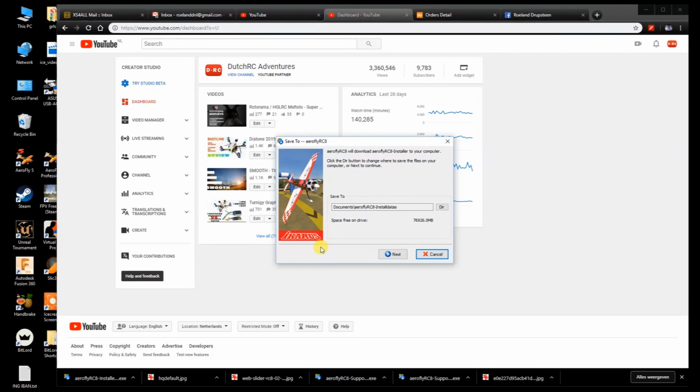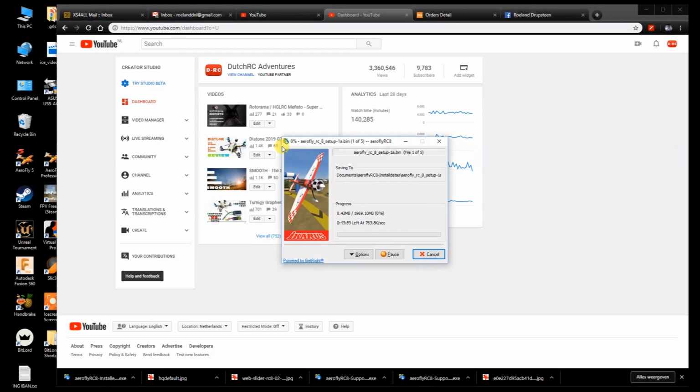Okay, so what you are now actually doing is selecting where the files you are going to download end up. So you are now not selecting the install directory. I hope this makes sense, but you are going to be downloading the files. Right, and the default location is Documents AeroFly 8 Installers. You can obviously select some other directory, a directory of your choice, and then hit next, and that'll start